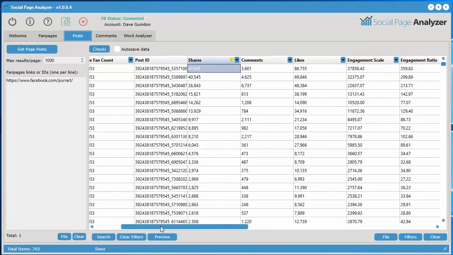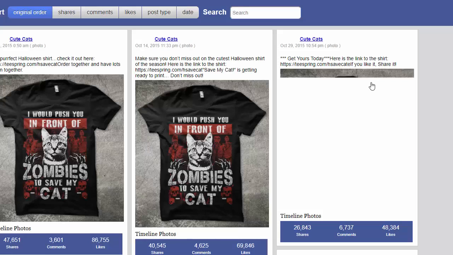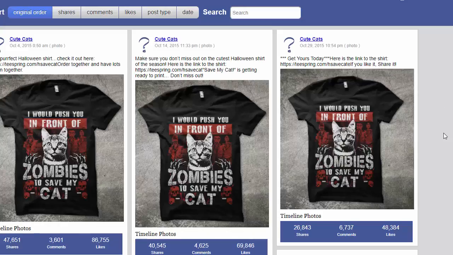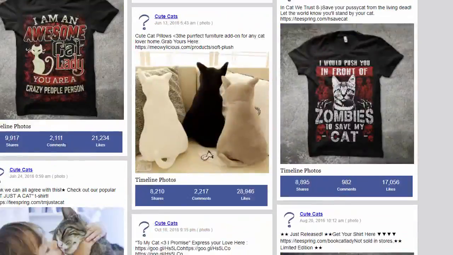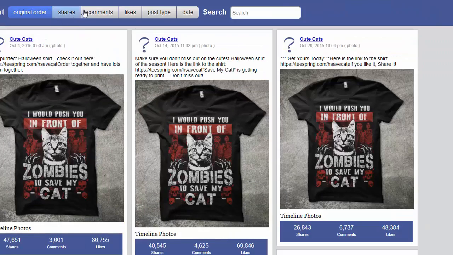But check this out. If you click the preview button down here and preview all posts, it'll open up all of those posts in your default web browser so you can quickly see them all. This is really, really cool. And you can sort them all just by clicking here, or you can do real-time search here. Taking a look at this, you can see the top 3 that had the most shares